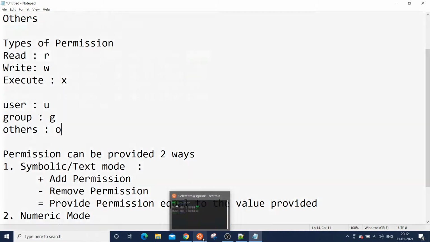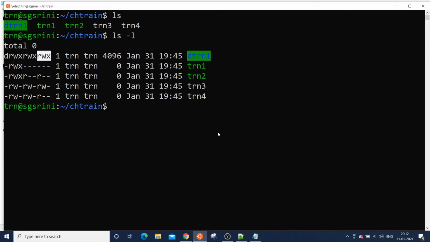So let's see how it is. For example, here train1, the file has read, write, execute access for the creator of the file, the owner of the file, which has all the three.